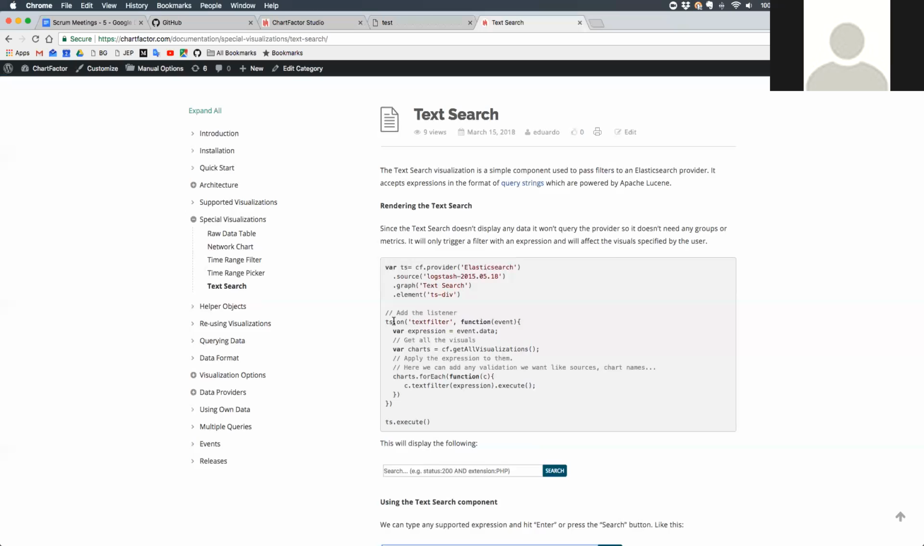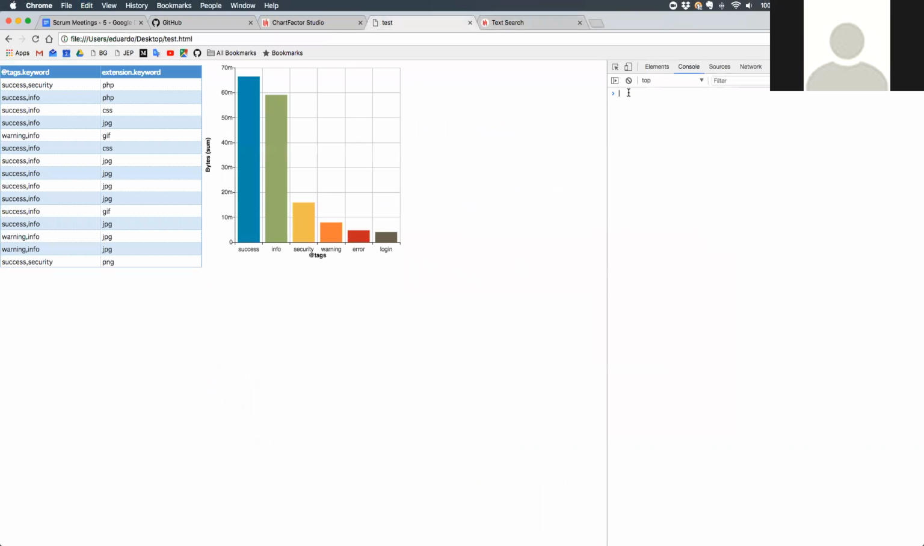So the first thing to do is to have the text search definition. Let's modify this to chart 2. And let's change also here, elastic. This is previously defined. The provider is created already. Okay. Now something